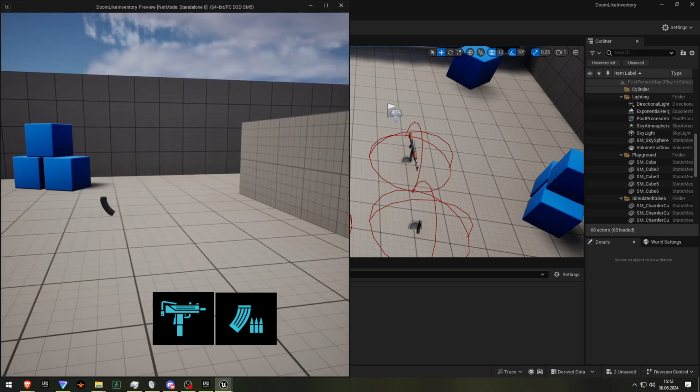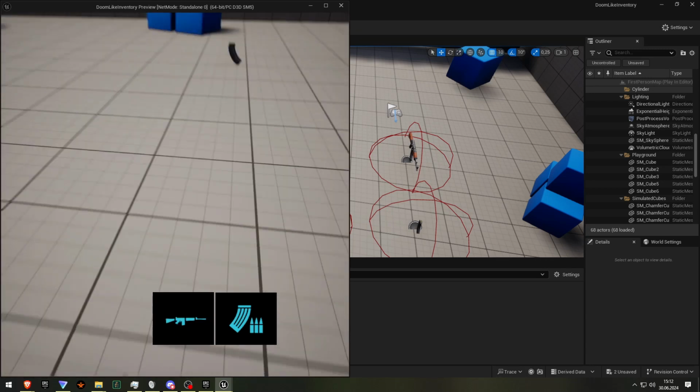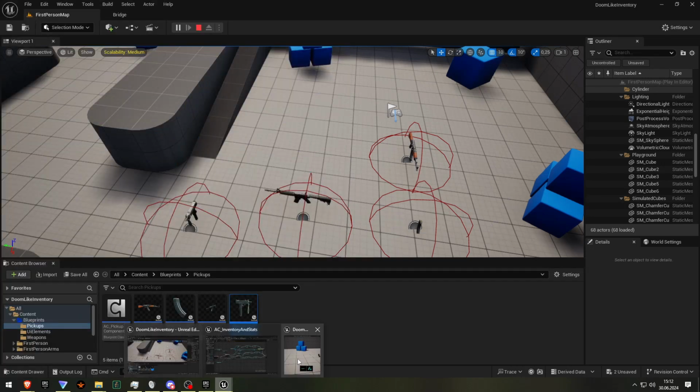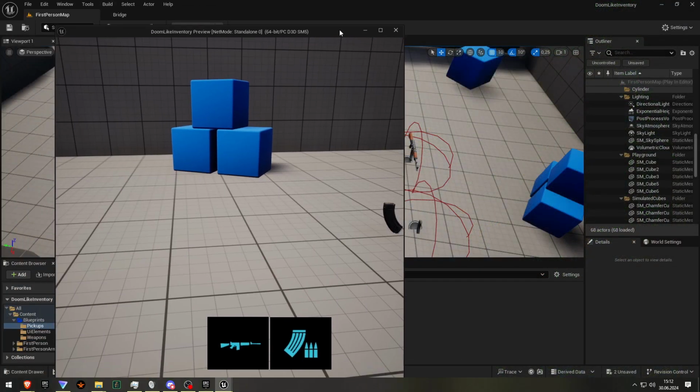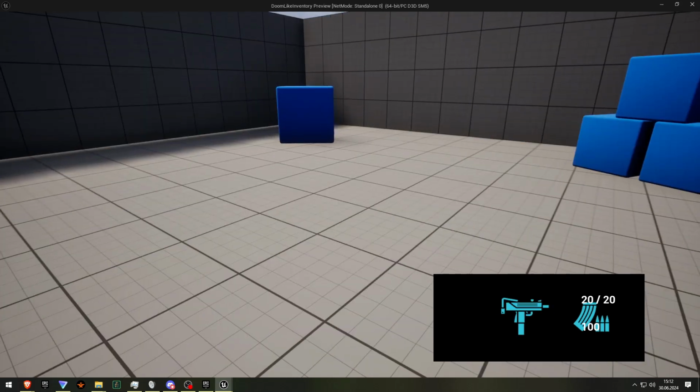But what doesn't quite work is the ammo. Like, it doesn't show our ammo on the side. Let's see why that is. Oh, there it is. Okay, it was just an error because I scaled down the window, and it works for all of them. Okay. Now,